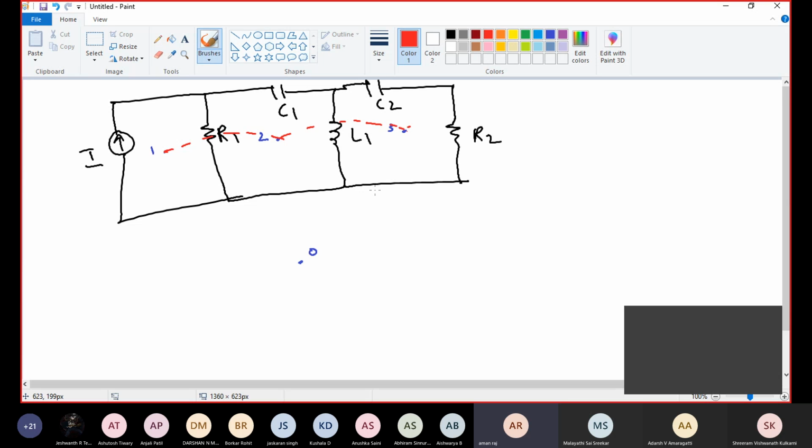Here for node 1, I'm going to connect to reference node. Now for node 2,